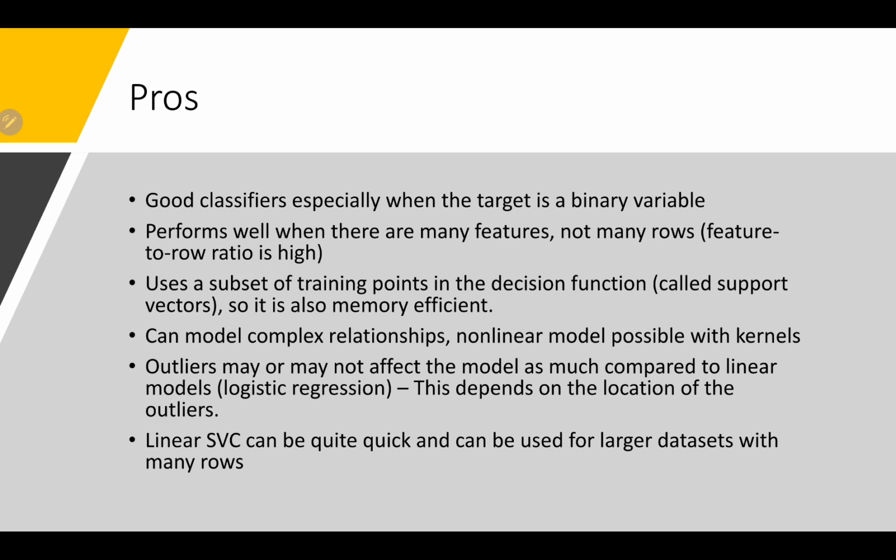All right, so we have come to the end. Let's take a quick look at how SVMs are in terms of pros and cons. So they are good classifiers in general, especially when the target variable is binary. It's okay when you have many features. That's a good positive side. But when you have too many rows, it can be very slow. Even data sets of 100,000 rows, I have tried in the past. I have had trouble in terms of its speed, so it can really get slow very fast, and that's